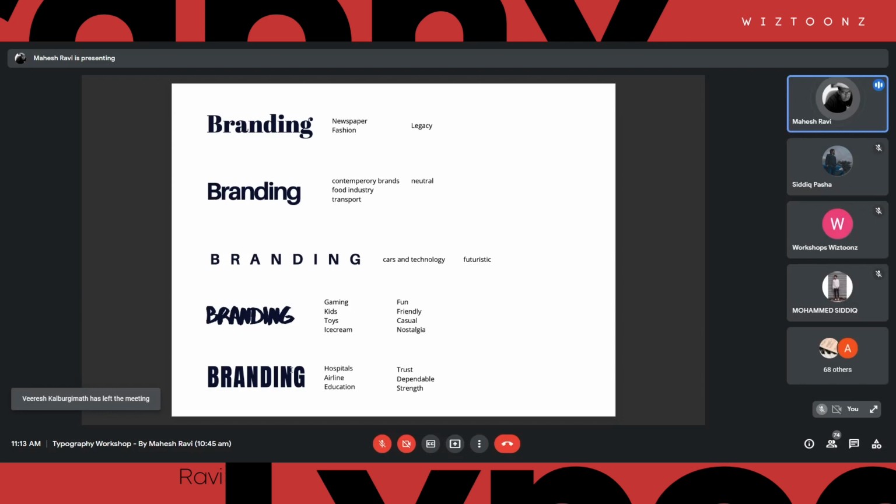So you can see this being used in brands like this because it is more powerful. It actually gives out trust. We are stronger and you can trust us with this. Then there is the branding which is very fun and casual, a luxurious, futuristic approach, a contemporary approach, which is very popular and people can get into, and a classic approach, right? In all of this, you can see that we didn't change the word. So it is not the word that creates that personality or emotional response in your mind. It is the way it looks, right?